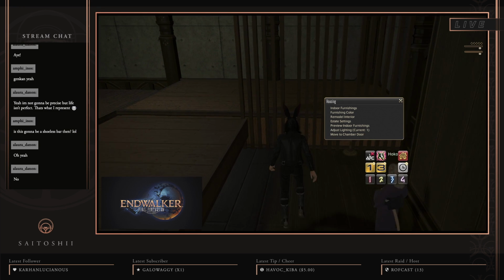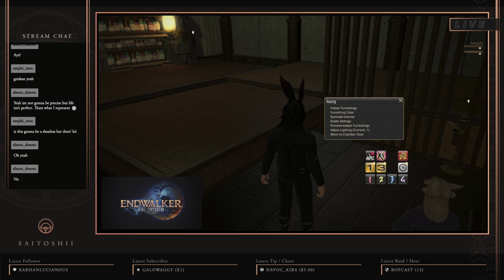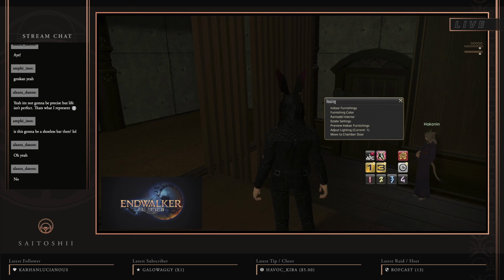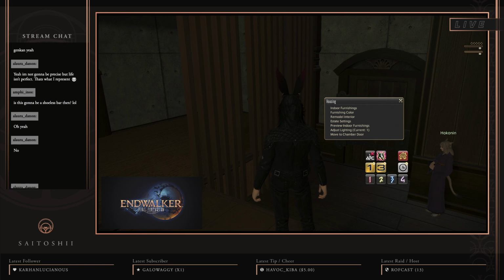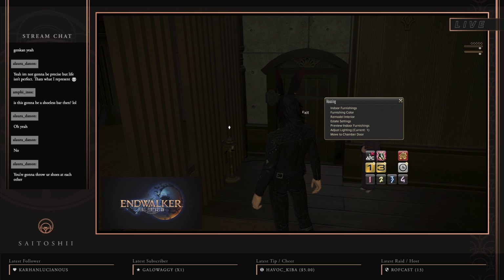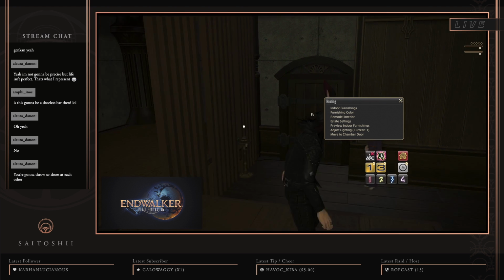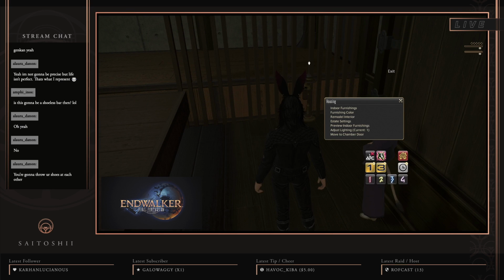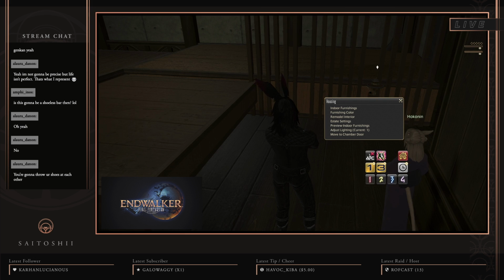Is this going to be a shoeless bar? I mean, you know, we could make it that. In general, the whole vibe of the house is kind of Asian. So I guess one could argue that in the whole FC house, you would have your shoes off. But then again, you go to the outside backyard stage and it's concrete. It's probably not the nicest on your feet. So, but